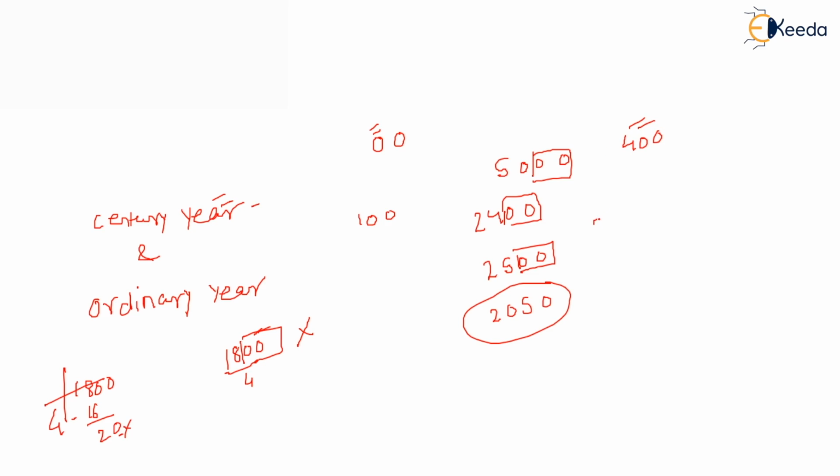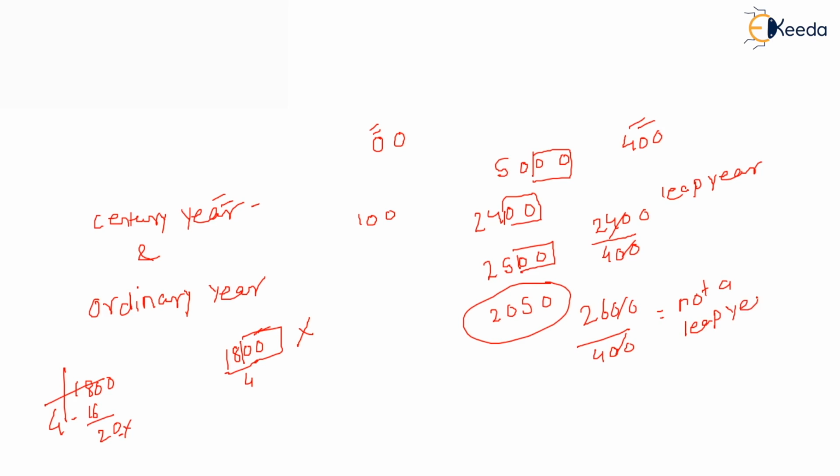Okay. So if I say 2400 is a leap year or not, at last there are 00, so you are very sure that it is a century year, right? So what you do, you have to divide it by 400. After dividing it by 400, you see that it divides, that means this year is a leap year. Okay. And if I say 2600, whether it is a leap year or not, if you see the last two digits are 0, so you have to divide it by 400. So after dividing it by 400, what does it come to? It comes as not divisible, right? It is not divisible, so it is not a leap year.